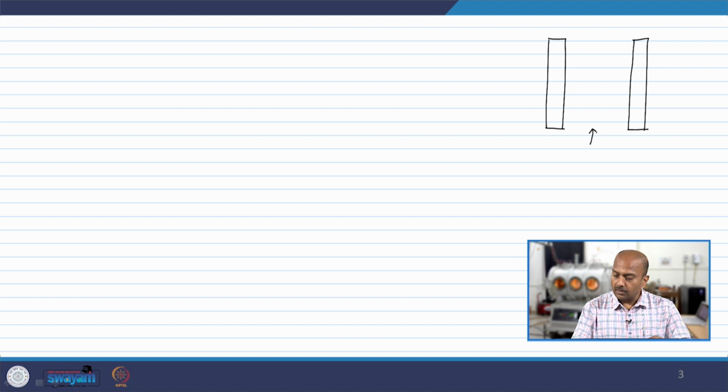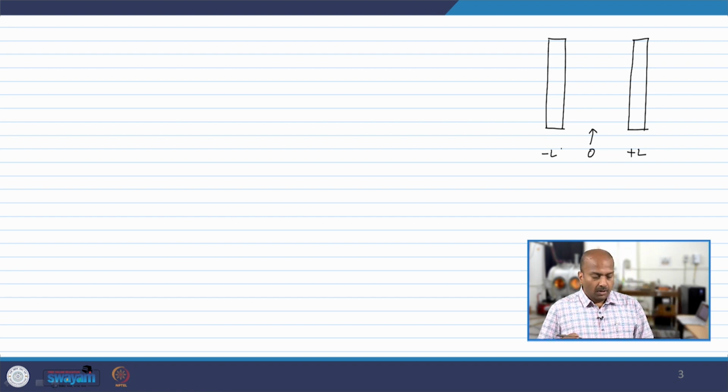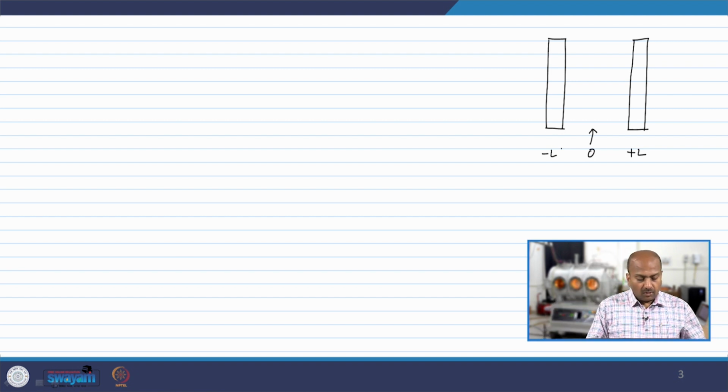Let us say at the center we refer to it as 0, and this is plus L and this is minus L. The scenario is, we can examine how the plasma that is created between these two parallel planes decays by diffusion. Decays means plasma can recombine, all the electrons and ions can recombine, resulting in a net neutral state of the gas, right. So, you will use this equation and find out how the plasma will diffuse